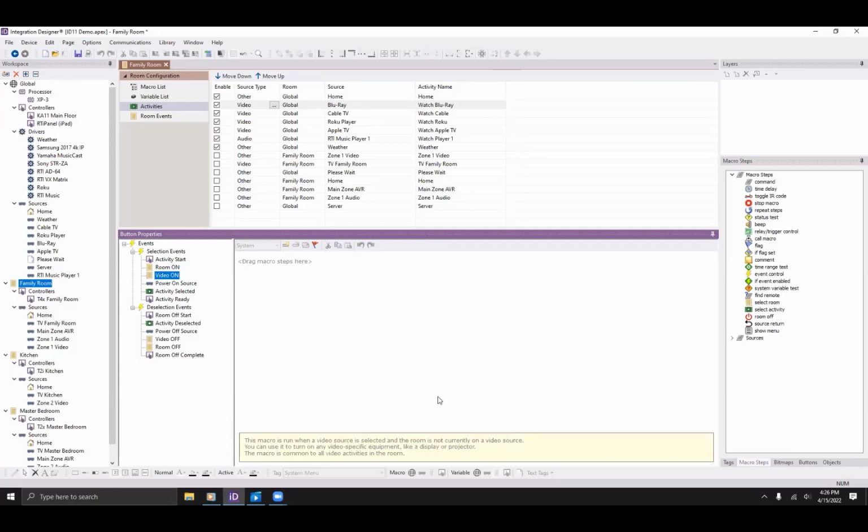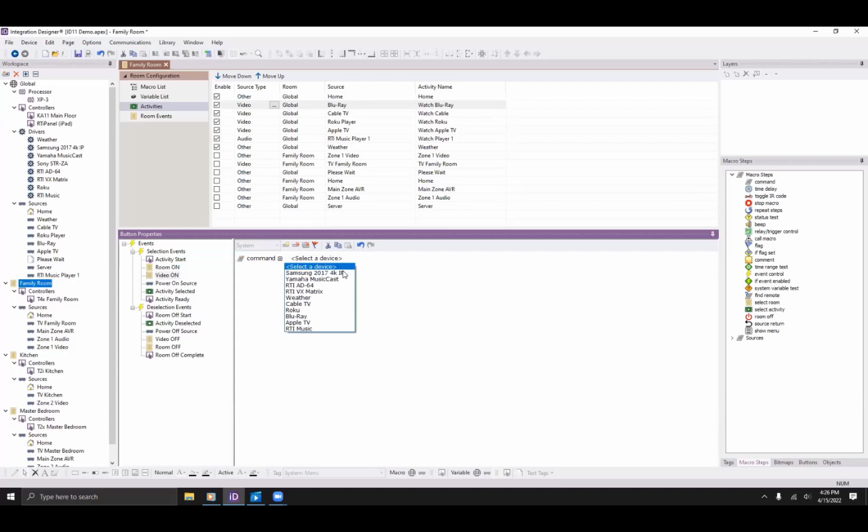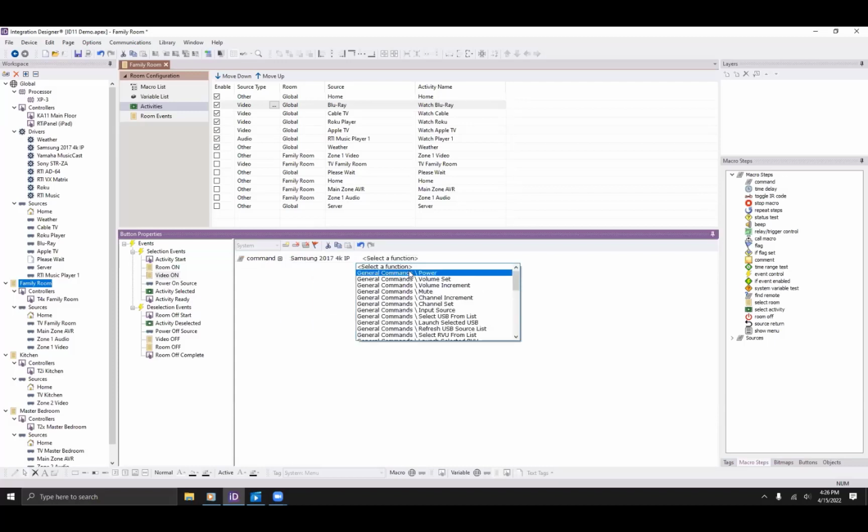Okay, so if I'm listening to audio, or if the system's turned off, this will run when I select this macro, Watch Blu-ray. It says exactly what you're looking for here. You can use this to turn on any video specific equipment like a display or projector. So we're going to use this to turn on our TV in the room. I bring in a time delay, then a command, and we'll select the Samsung TV, the power on